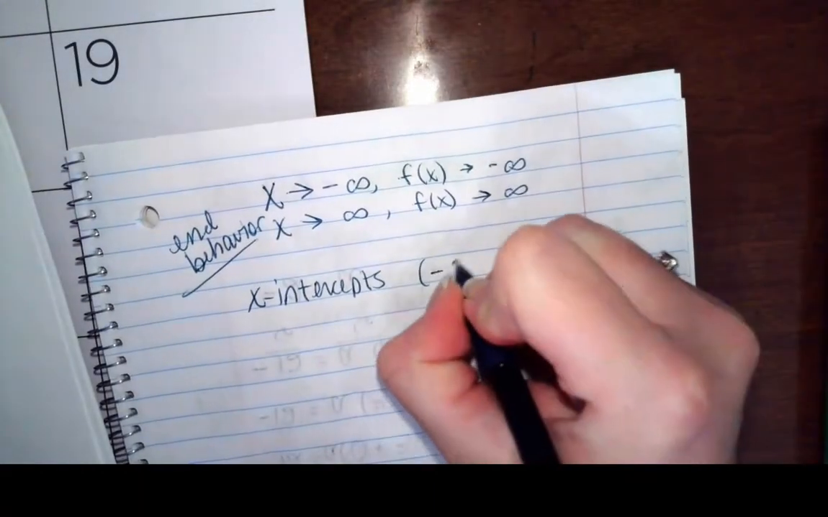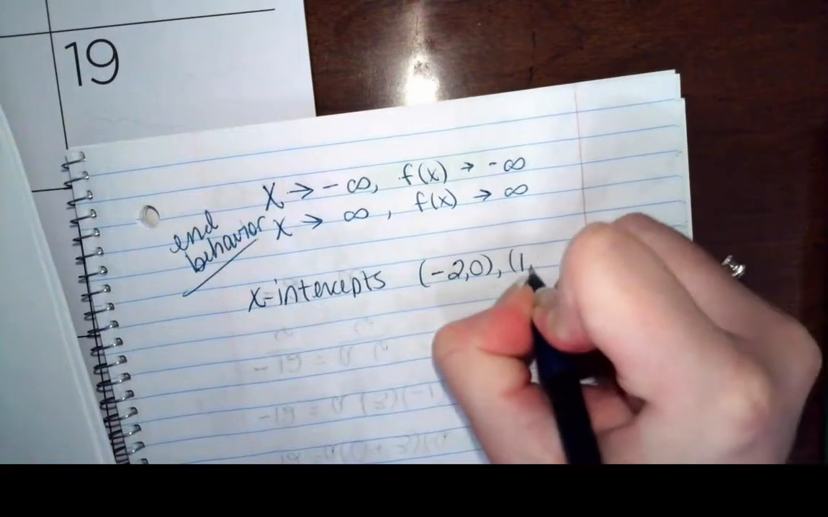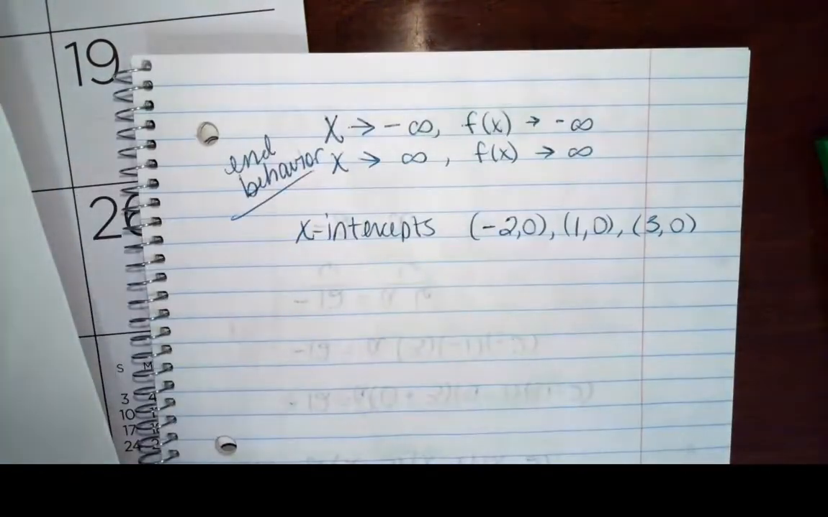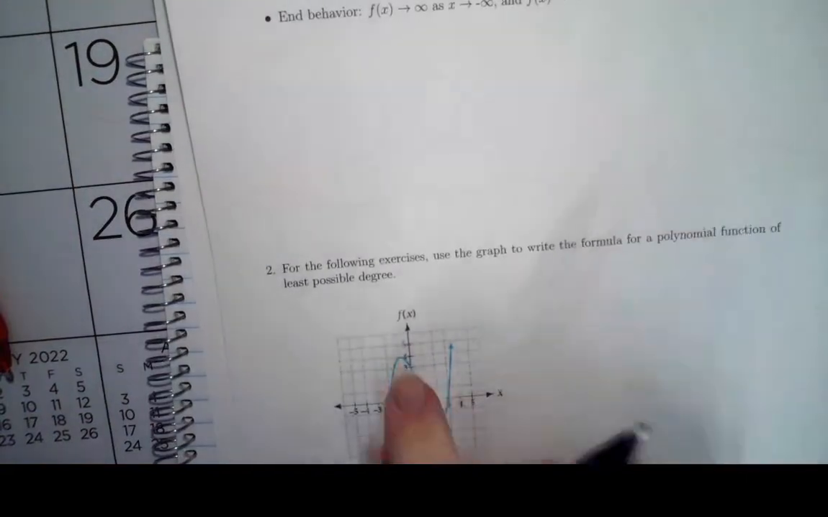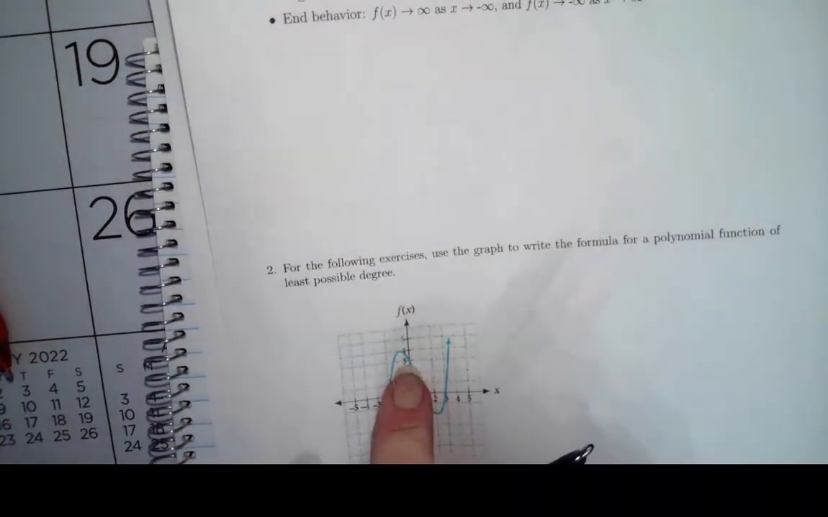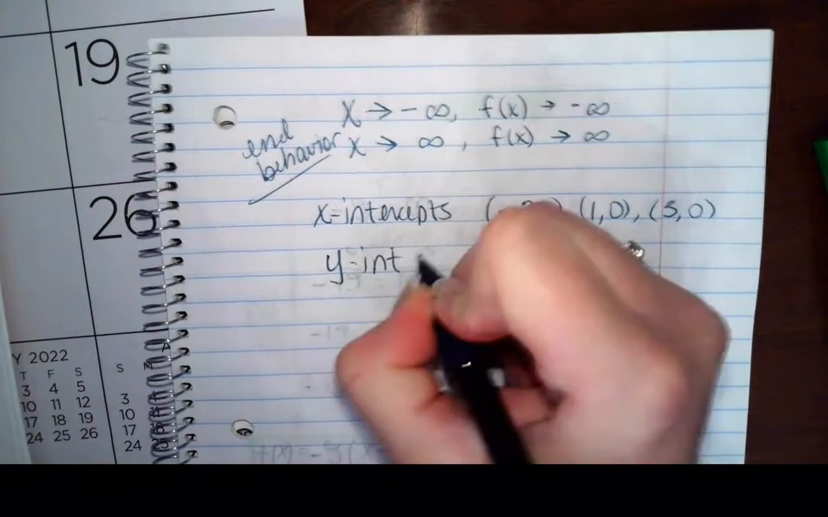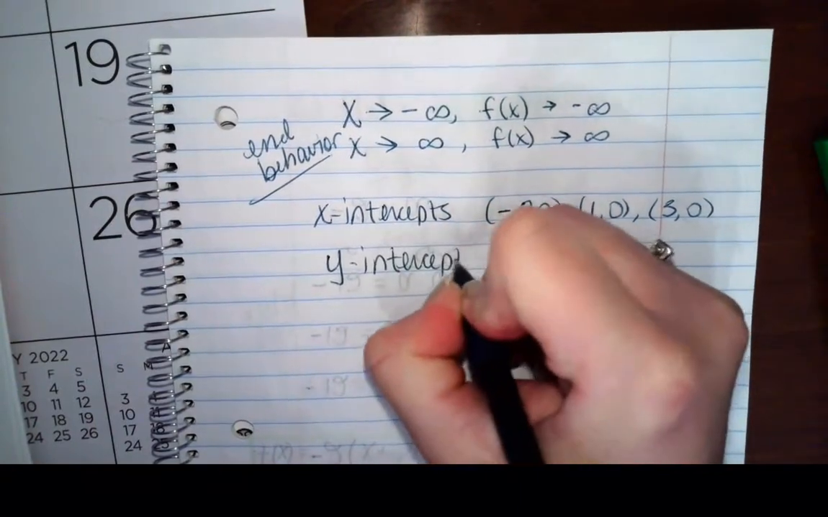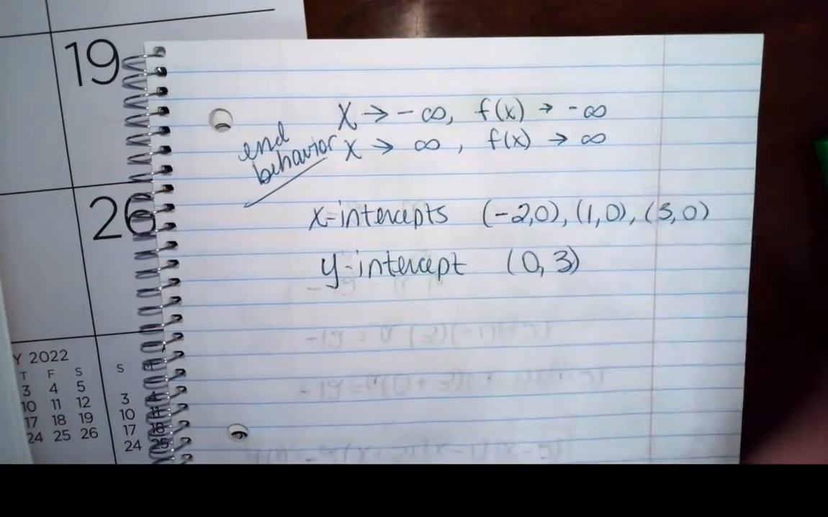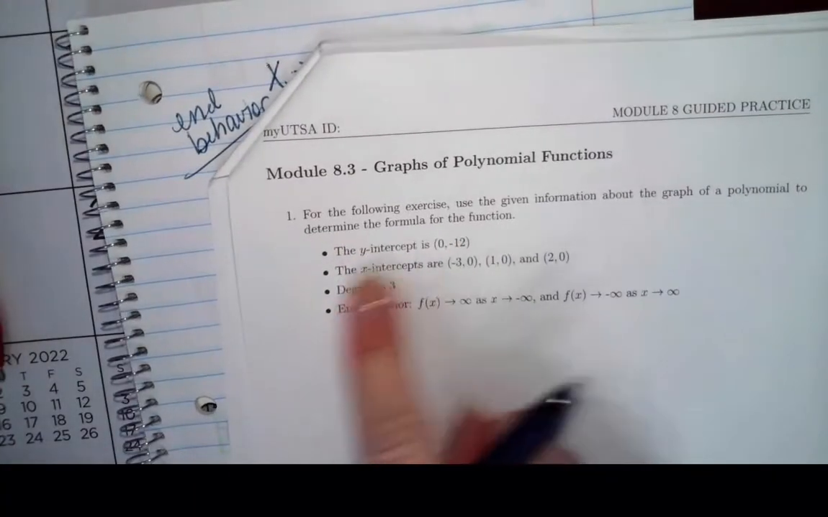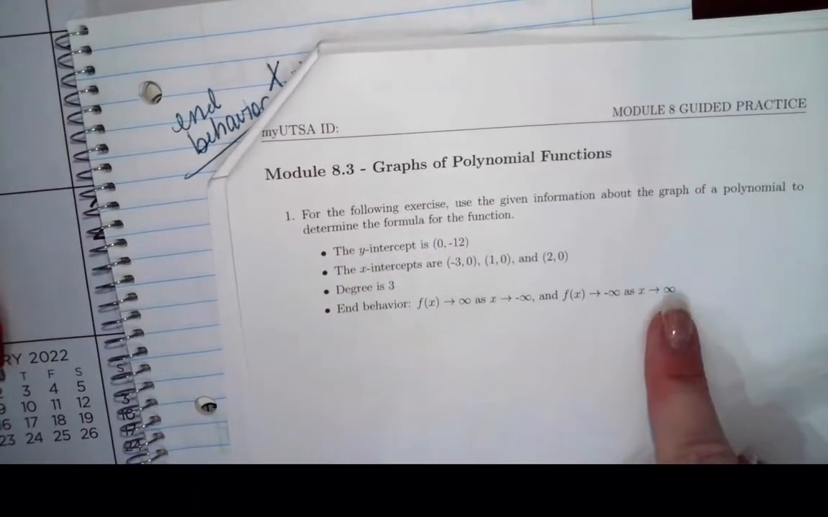So my x-intercepts are at -2, 1, and 3. Okay? What else do I know? I know I've got a y-intercept at +3. So my y-intercept is going to be (0, 3). So with that information, I figured out I was given the y-intercept, I was given the x-intercepts, I was given end behavior,